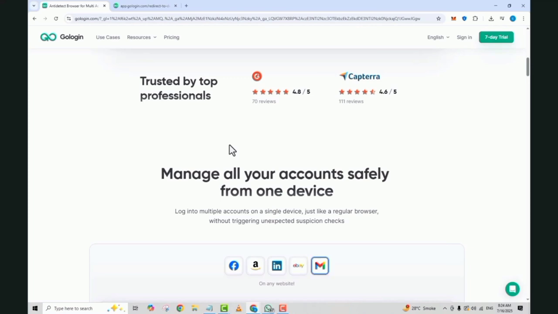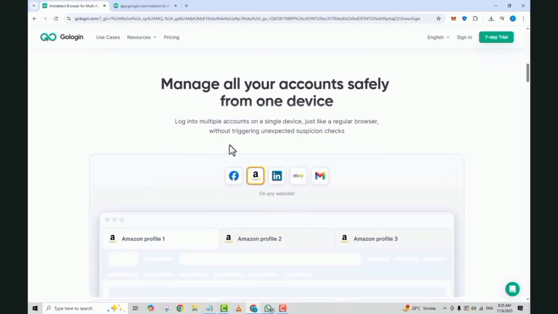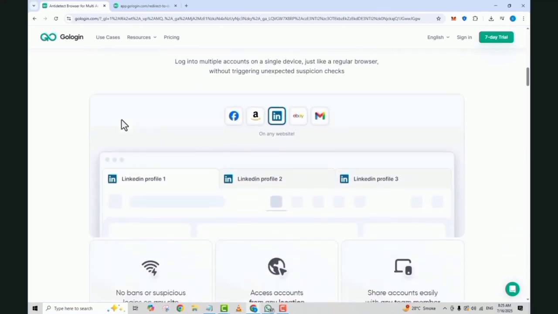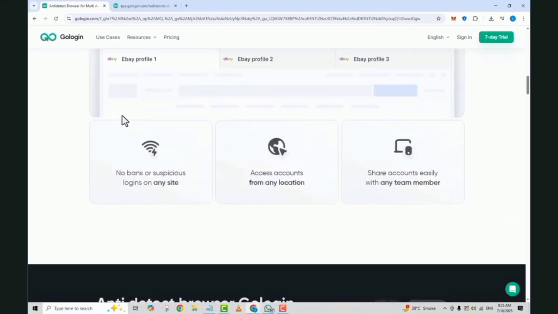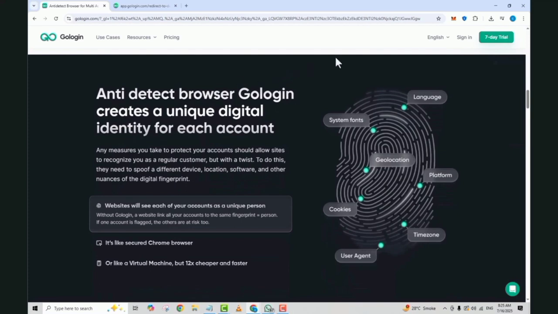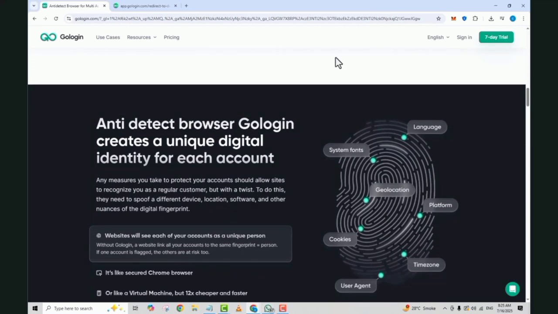So manage your accounts safely from one device. It's a very unique thing and a good platform for you to enhance everything globally. And it will provide you an anti-detect browser which creates a unique digital identity for each account. So it's a good opportunity for you.